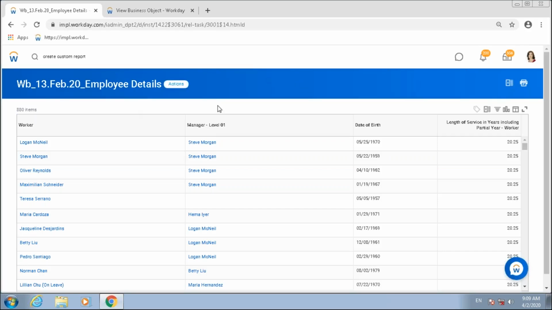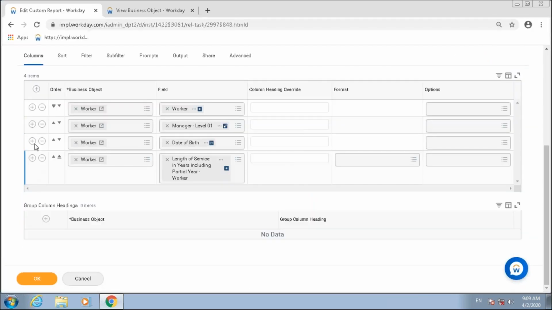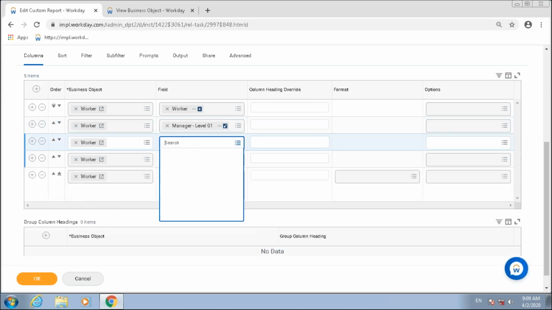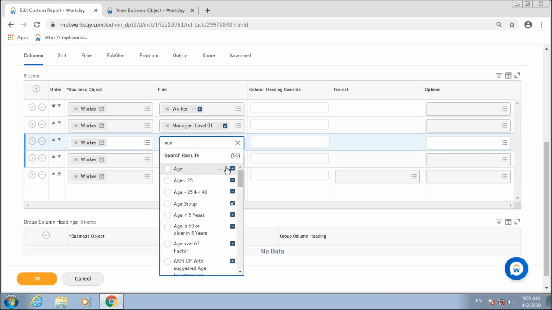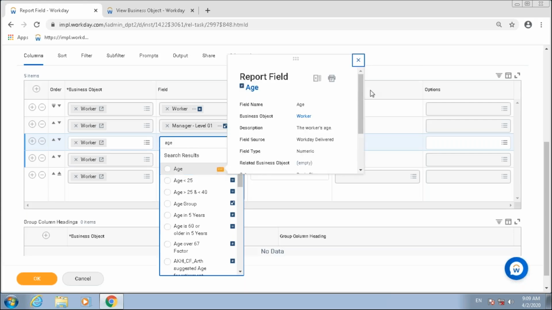Okay, let's go ahead and further enhance this report. So I'll add one more field and then we'll build some modifications on top of that. So I've added date of birth. Let me add age of the employee as well. So again, age is a numeric field, right? So worker's age, Workday delivered field of type numeric,